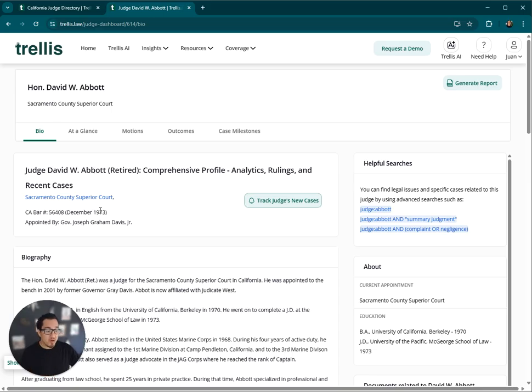So very first, bar number, appointed by, you can track any ongoing cases. For this example, this judge is retired, so it may not be useful to track the specific case, but if you know it's an active judge that is in practice, then by all means get notified, see what legal trends they have and their hearings or rulings and outcomes of those cases on an ongoing basis